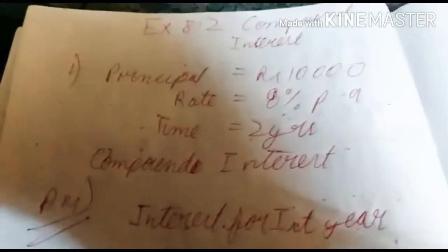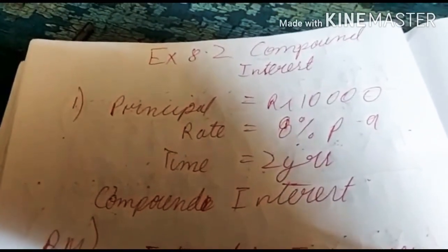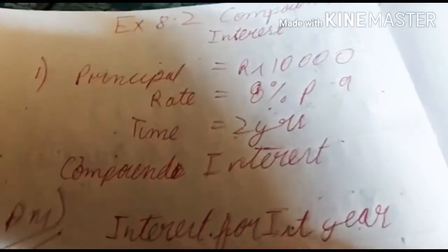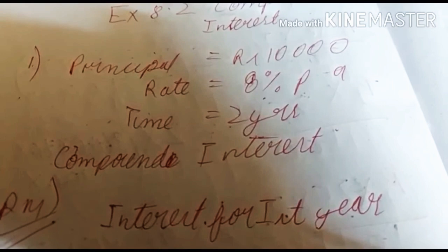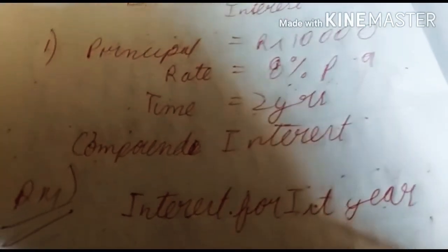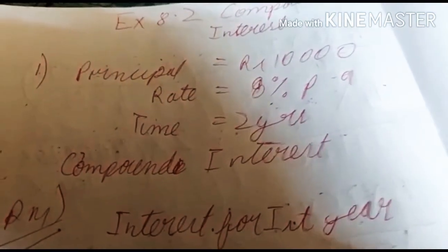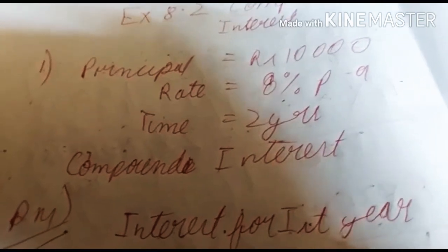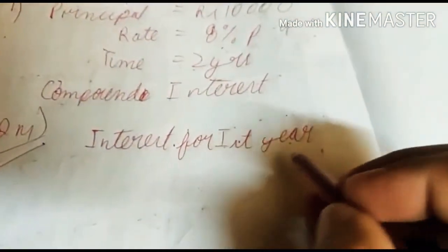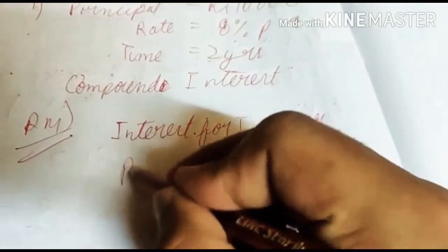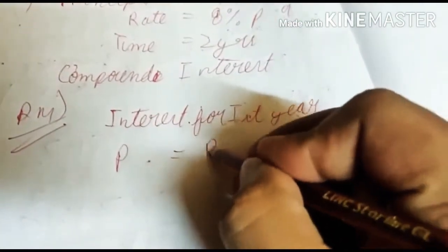So what is our amount at present? Like I took 10,000 rupees from you, so I will have to return you 10,000 back. If I take 10,000 rupees from you just now and return the money just now, I will have to return the 10,000 I took, no interest. I took money for no time and returned it, so I pay no interest. So in the starting of the first year, our principal was 10,000 rupees